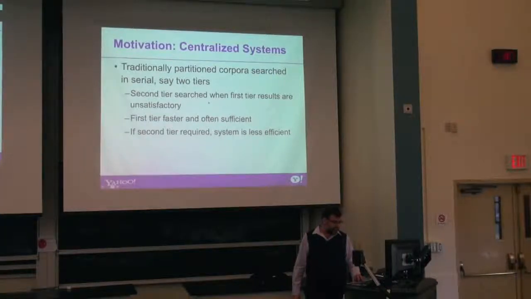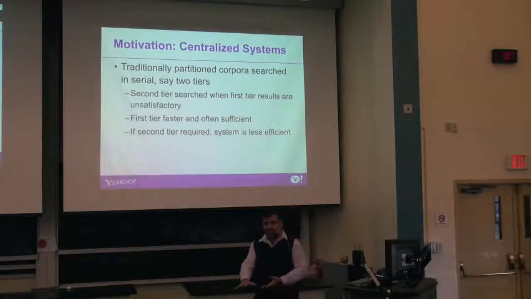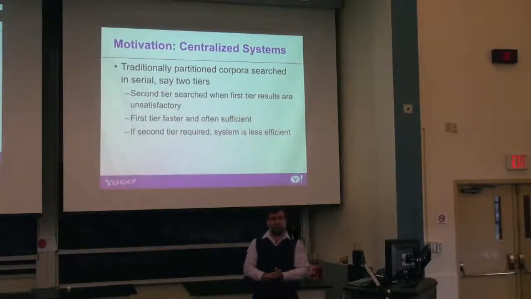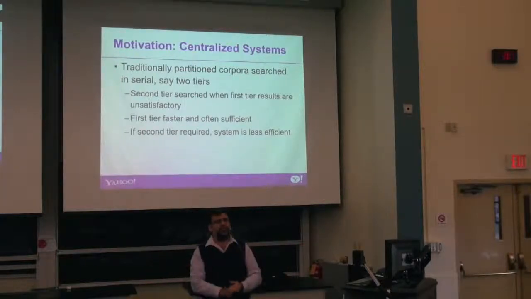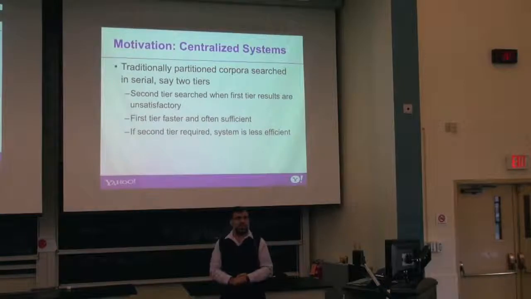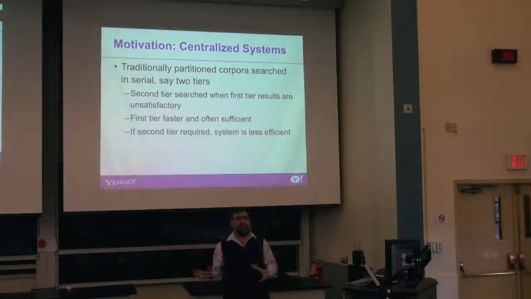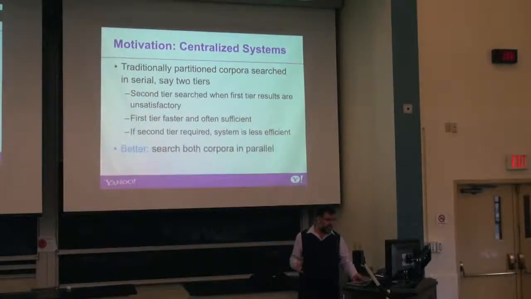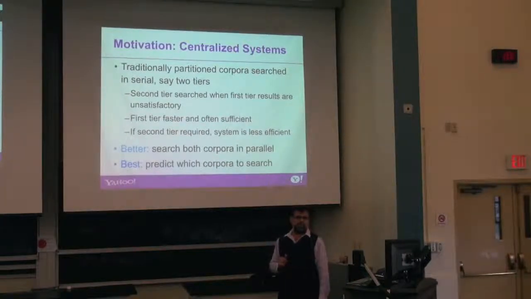So, how can we do this? Well, instead of searching in the first index and then sending it to the remote index, we could do it in parallel. Let's send the query to both indices, and then we have the answer faster. That's true. However, now we are doubling the load of the search engine because we are sending every query to 2 different places. We don't want to do that. So the idea is to predict where to send the query.